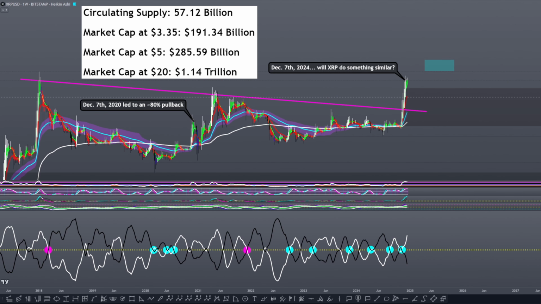Here for XRP, we go all the way to the beginning of the 2018 bear market, March of 2018, again a number of weeks into this bear market. Then we go to the first cross. In this instance for XRP, the first cross is not the good one to have bought, as you would have bought somewhere around 50 cents approximately.